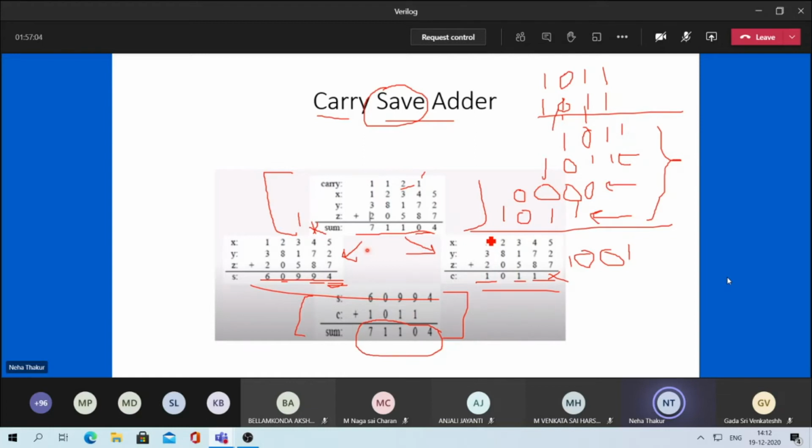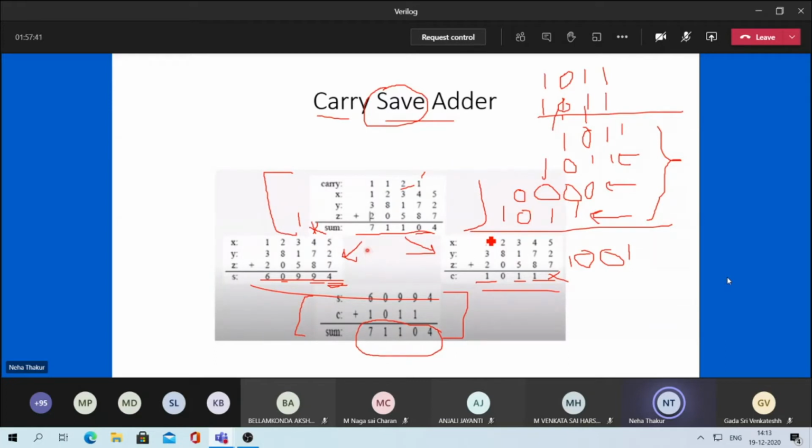So similarly for carry save adder, your addition will come out the same, but what is the difference? The difference is in the processing and in the applications. Basically, carry save adder consists of two operations. First, it stores only the sum values, denoted by small s, and then it saves only the carry, and later on it will add both of them and then you will get your final sum value. So carry save adder has applications in multipliers.